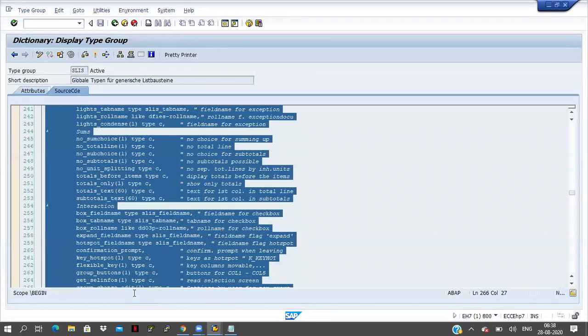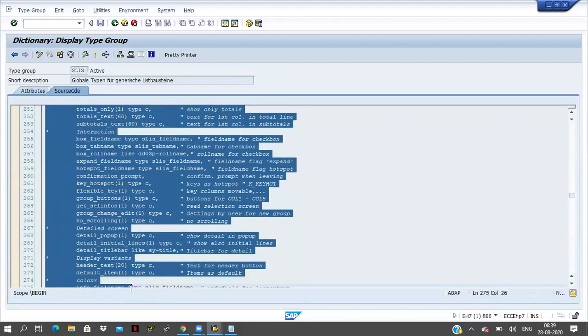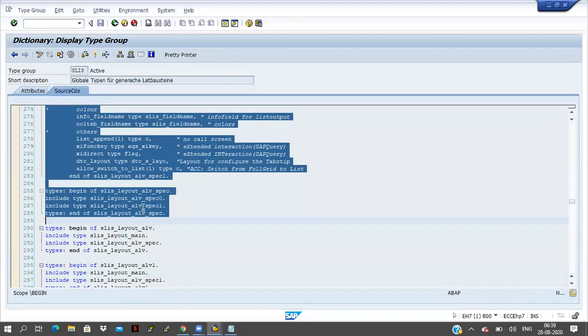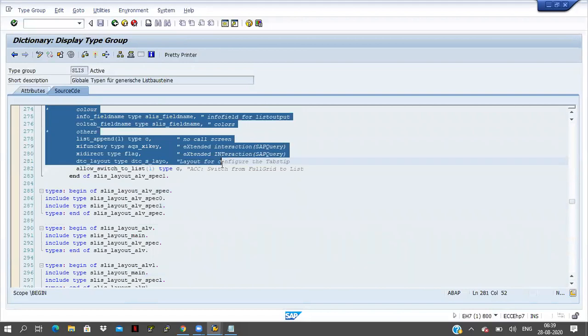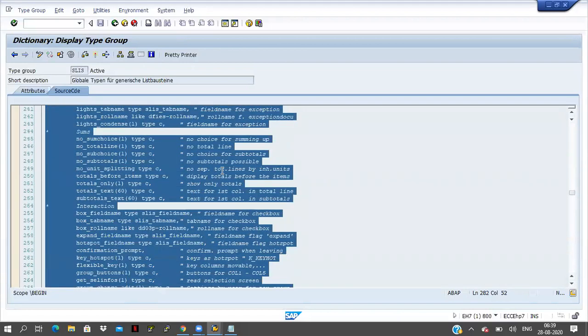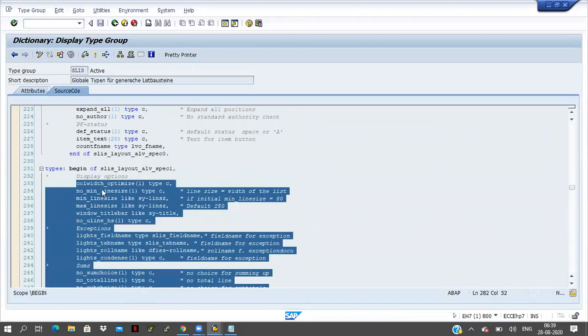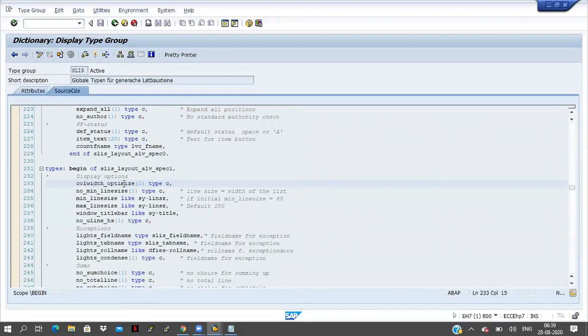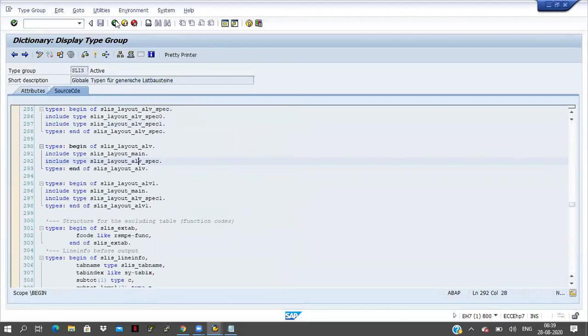Maximum we don't use all the fields; in real time we use two or three fields. As of now I am using colwidth_optimize, the first one only. Now click on the back button.